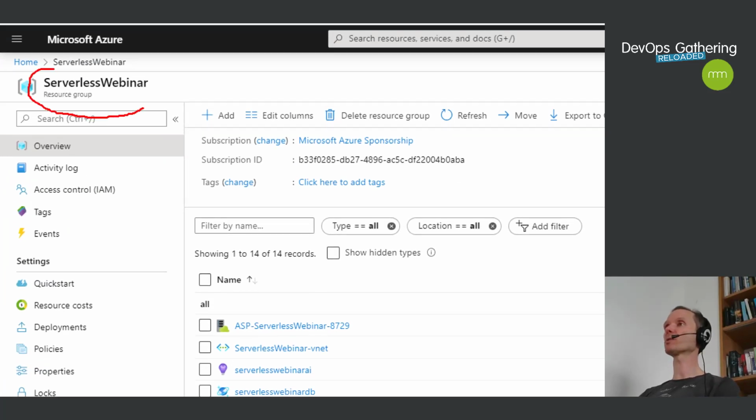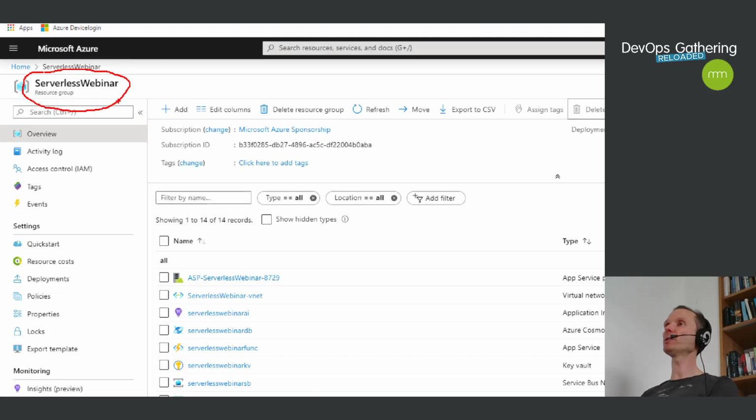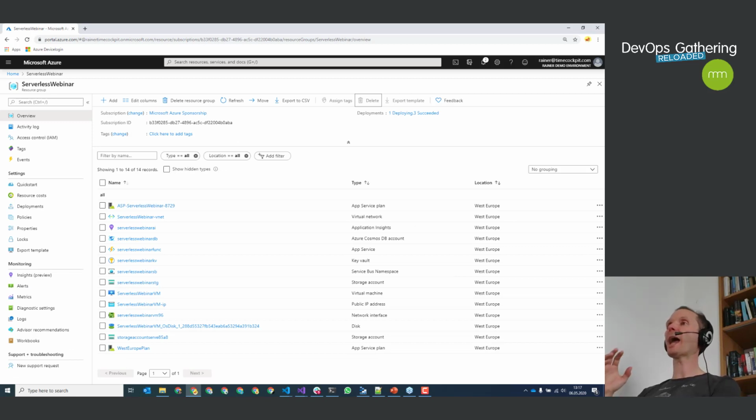Here you see such a resource group. A resource group is a kind of, let's say, virtual data center inside of my Azure subscription. I can create resource groups for applications or for stages like dev, test, prod, or for customers. If you build software for many customers, then you typically use resource groups for isolating your different apps or customers or whatever you build. In my case, I've created a serverless webinar resource group, and I've created a bunch of things here that we will go into in more detail later on in the demo.